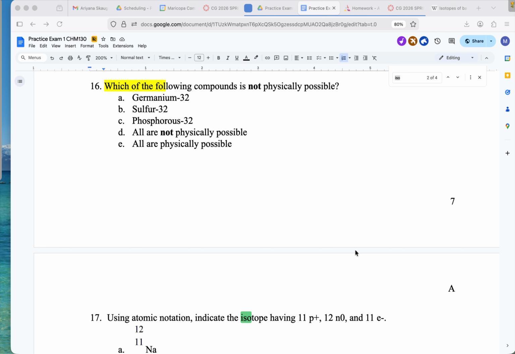So the amount of neutrons to protons as a ratio, generally speaking, is 1 to 1. Okay. And what that does is it falls